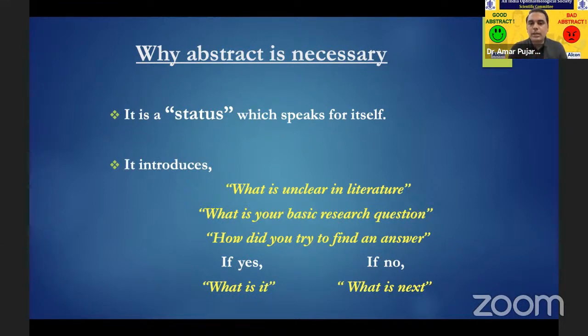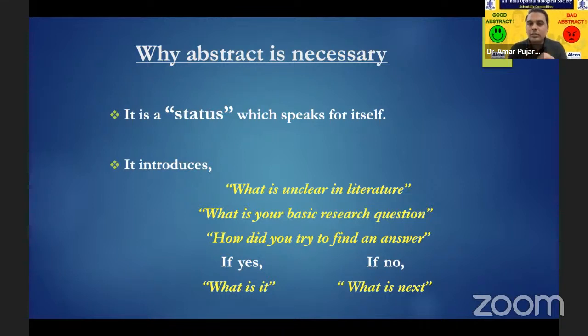So in the abstract, you need to introduce what is unclear in the literature. So you need to read the literature. You need to understand, yes, this is what the literature has said, but this is a new thing I am finding. So this is my pilot observation, based on which I want to explore more. Okay, I found this one, so I want to put it in the abstract, then make it a full-length article. So you need to be sure what is unclear in the literature, and state that very clearly and very briefly.